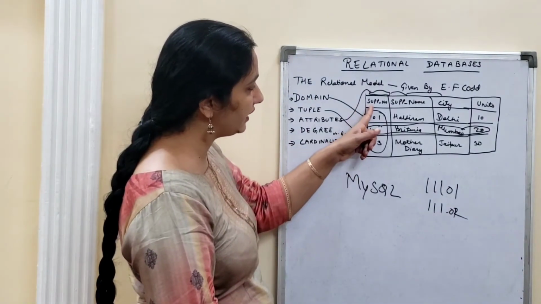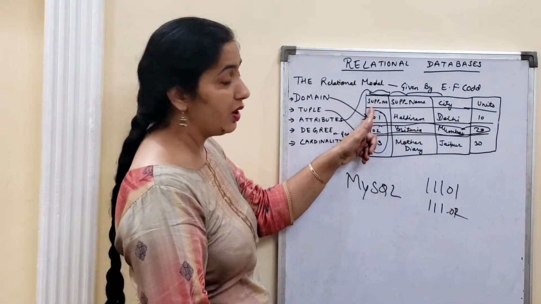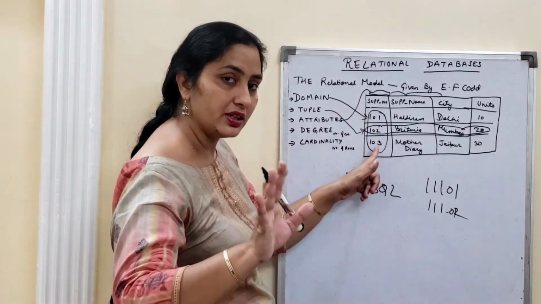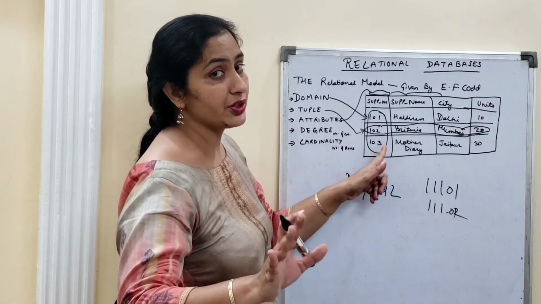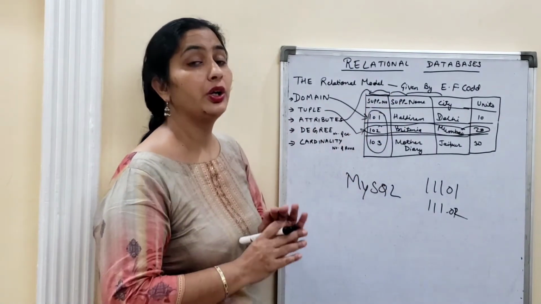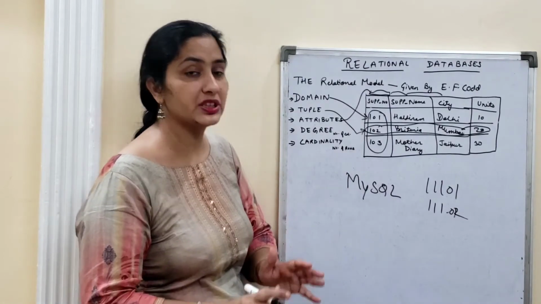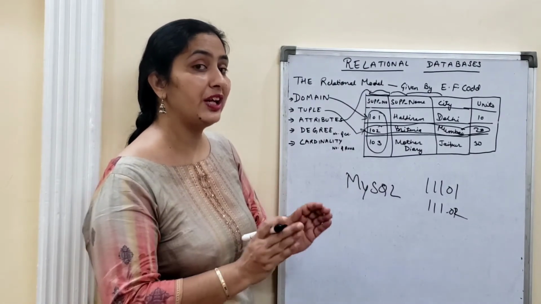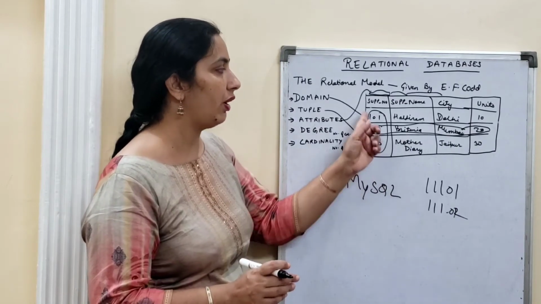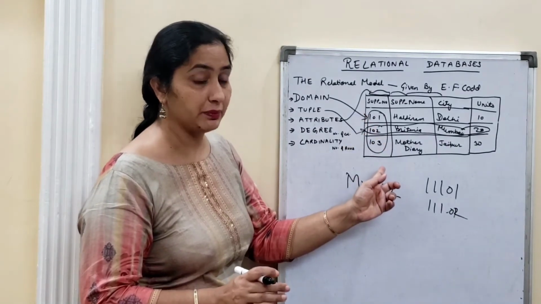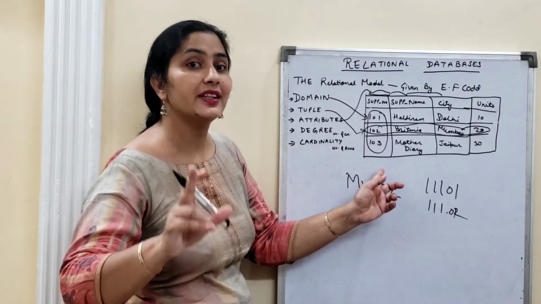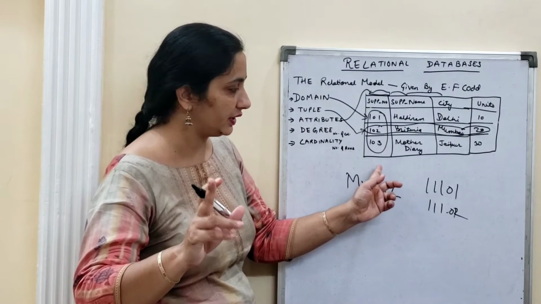So here you can see I have a supplier number. Whatever numbers I write here will remain numbers only, but the data should be different. And this is the first rule which E.F. Codd made. You have n number of columns, and each column will have the same type of data. How is it the same? Here you will always enter a supplier number, but they will be different. They could not be the same.